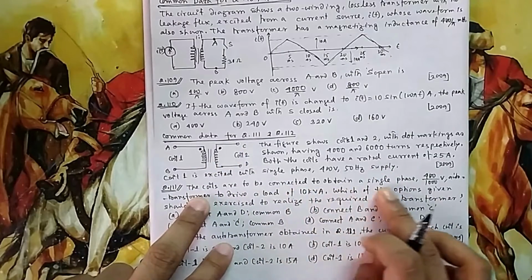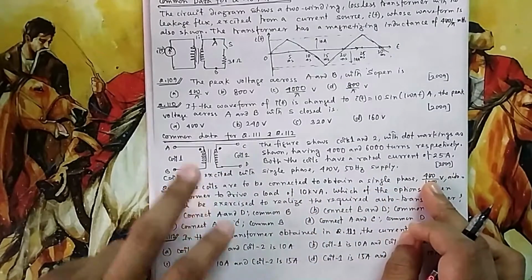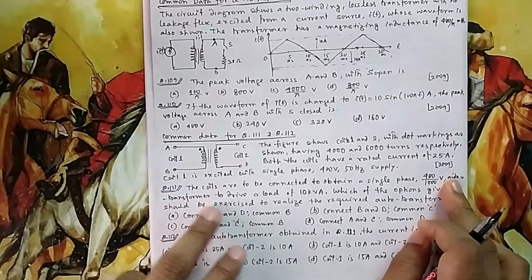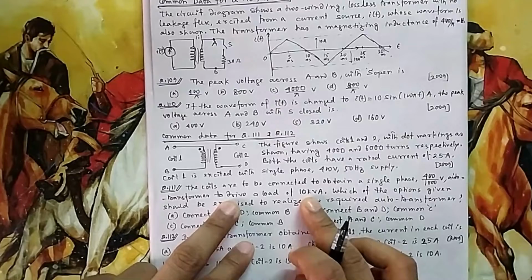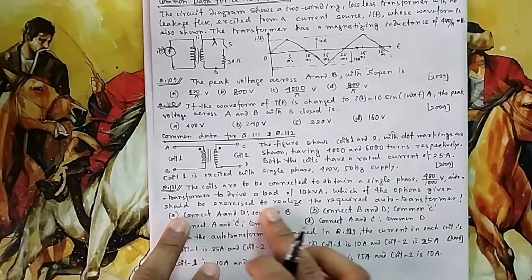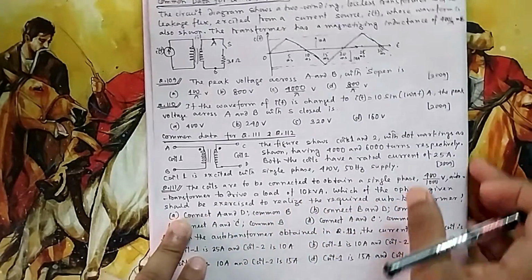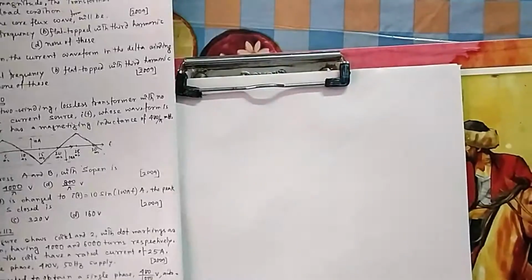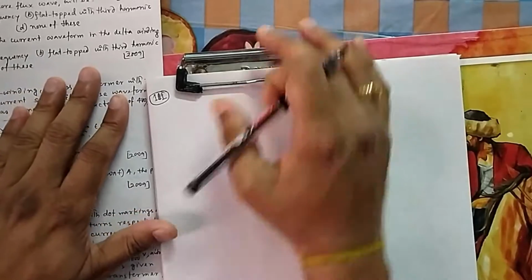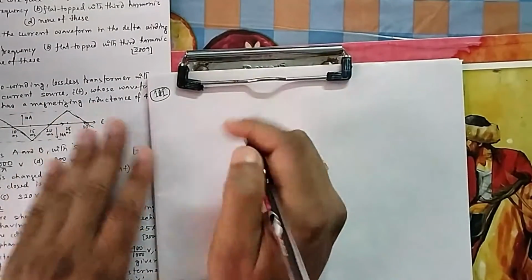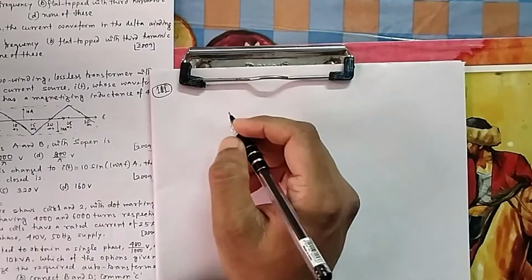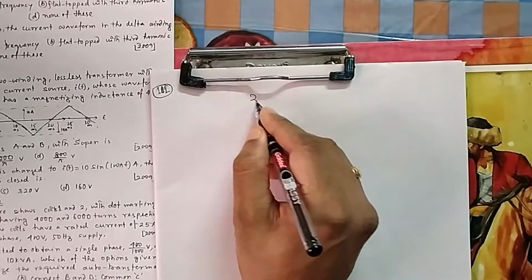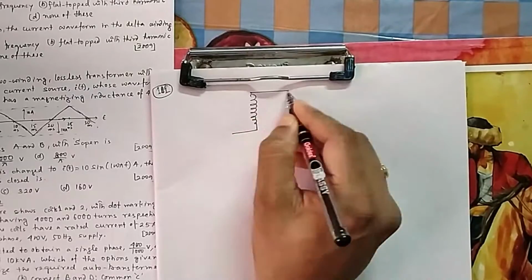The coils are to be connected to obtain a single phase 400 by 1000 volt auto transformer to drive a load of 10 kVA. So on this side it is 400, the other side should be 1000 volt. Which of the options below should be exercised to realize the required auto transformer? That means you have to take care of these dot polarities. In Transformer Actions I have explained dot polarities and the physical meaning of dot polarity in the videos on differential protection and dot polarity in switchgear protection. You check those videos.